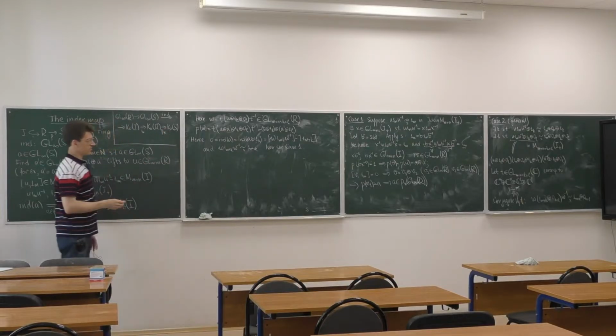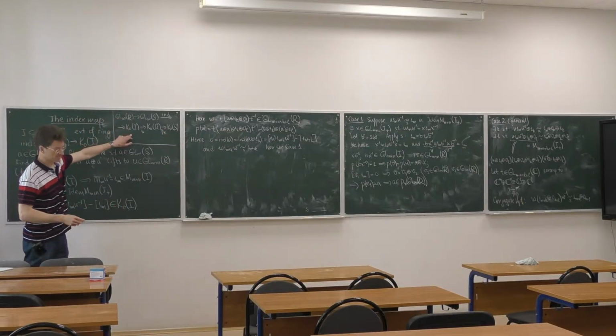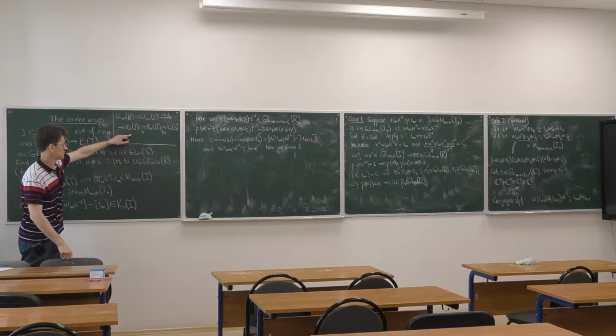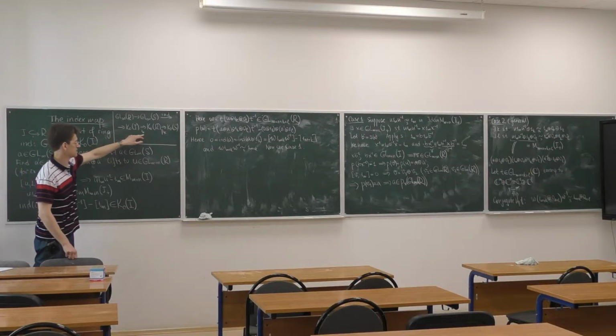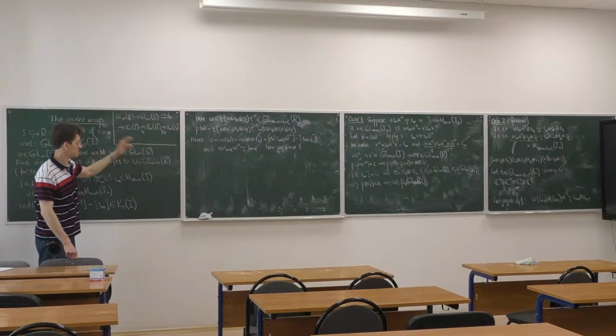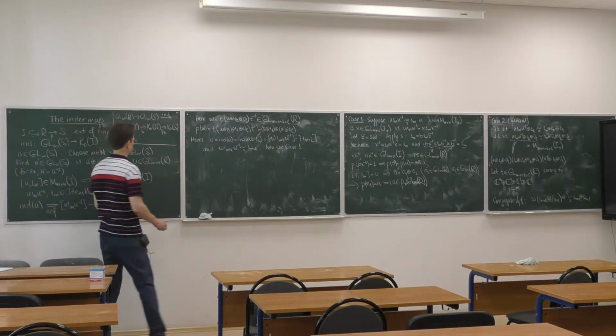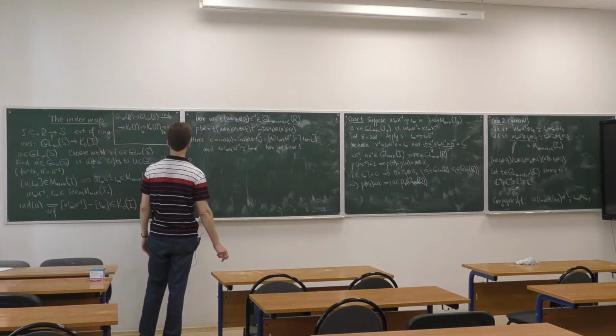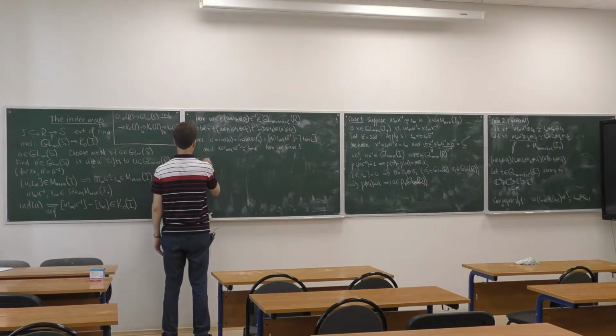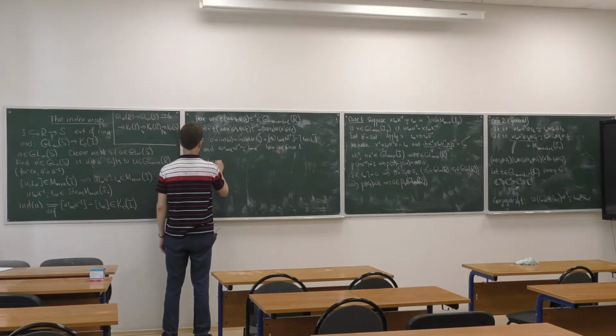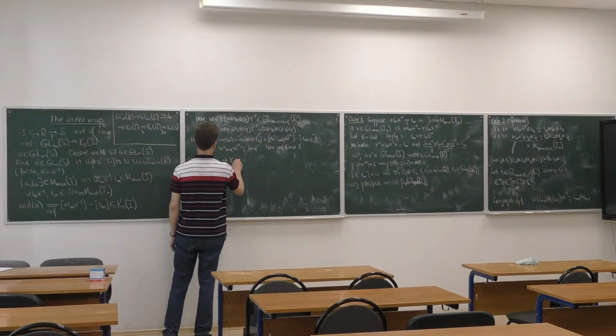Now to complete the proof of our theorem, we have to prove the exactness at K0 of I. And this will be the end of the proof, because we already know the exactness here from the half exactness of K0. So this is the second step of the proof. We'll prove the exactness at K0 of